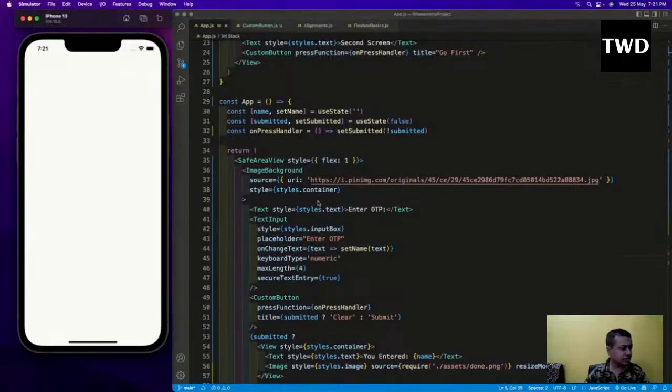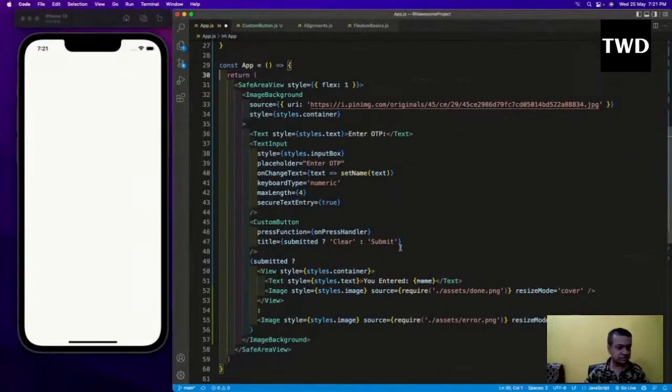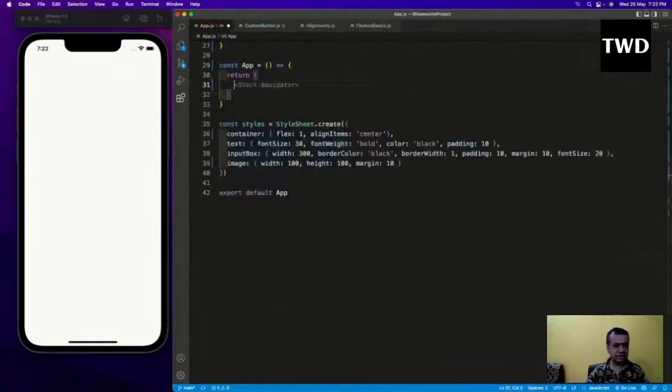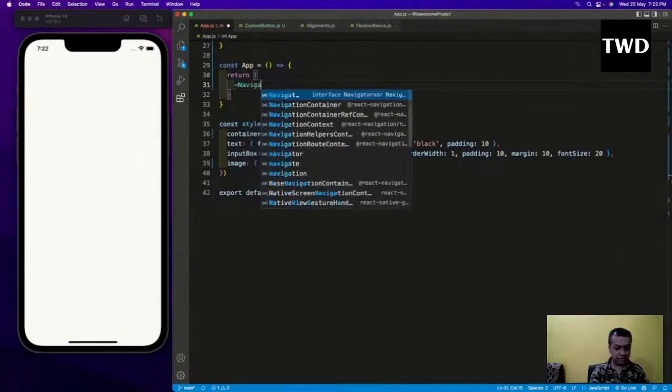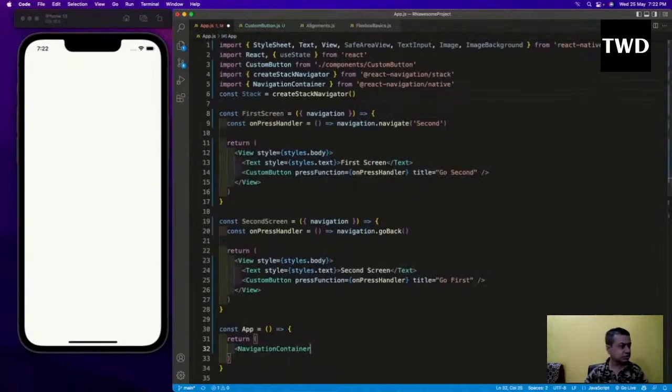Now we're going to actually change all of this thing, and we are not going to have all of this thing. So it's better actually to remove it. Okay, I don't want to have a lot of things like this. So I will remove it, and then I will have a navigation container. One sec. So this navigation container I have